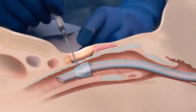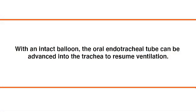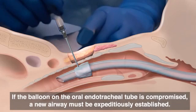In the event that the patient's condition becomes clinically unstable or there is difficulty performing the tracheostomy while the balloon is intact, the oral endotracheal tube is simply advanced to its original location and normal ventilation is resumed. Additional supplies or personnel can be gathered. If the balloon is compromised, so too is the ability to provide positive pressure ventilation. A new airway must be expeditiously established by means of either a tracheostomy or oral endotracheal intubation with an intact